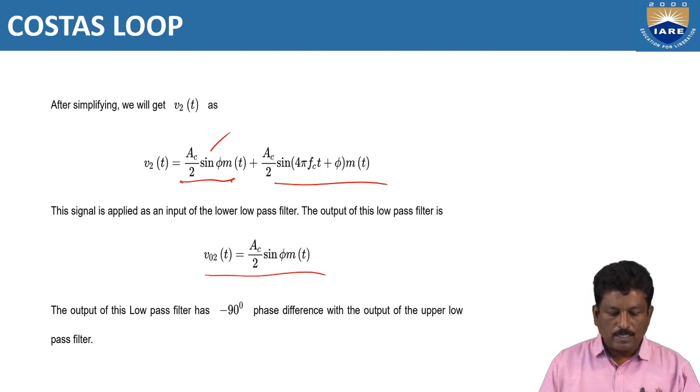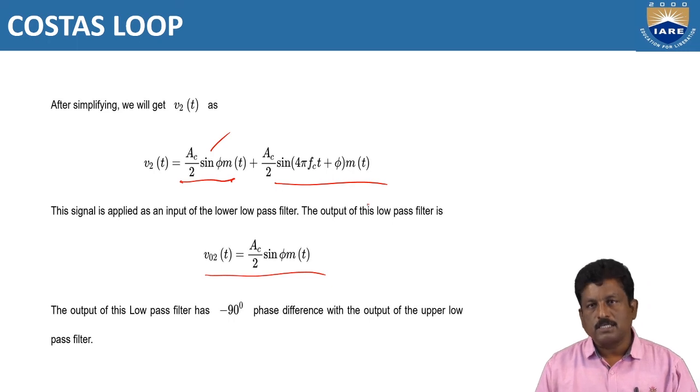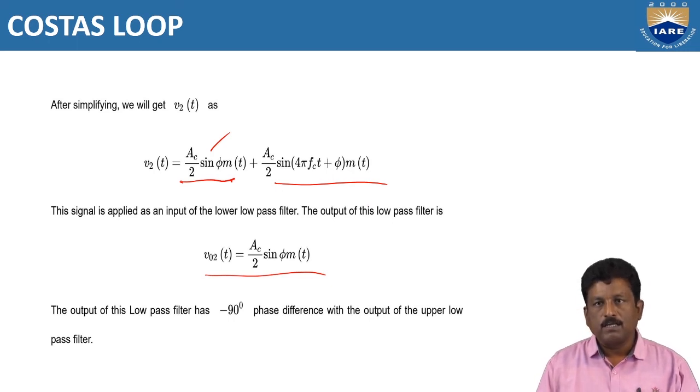So always you have to maintain this phi value. Based on maintaining the phi value through the phase discriminator arrangement, we can retrieve the highest modulating signal, that is Ac/2 m(t), only if phi equals 0. So this is about the Costas loop.